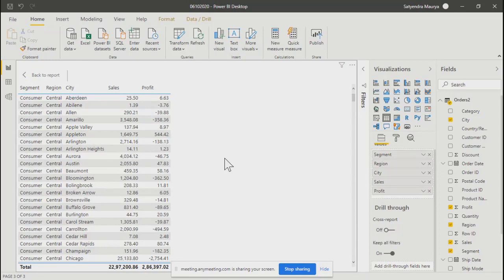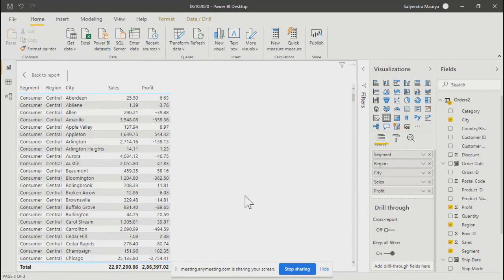Let's say at the beginning, in the first level, you are showing your data on country level. If you click on country, you should get data on state level. If you further click on state, you might get the data on city level. That type of labeling is called drill through, because you are clicking on it and getting further information.